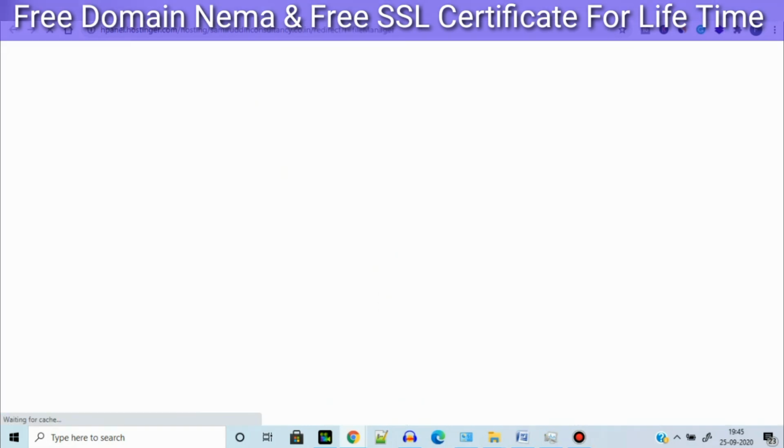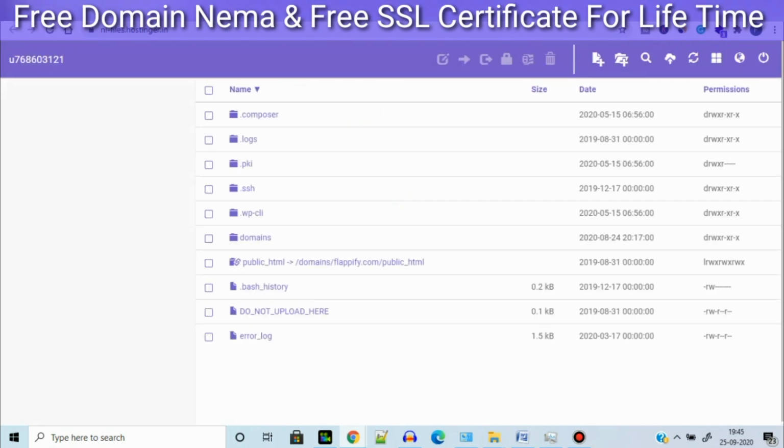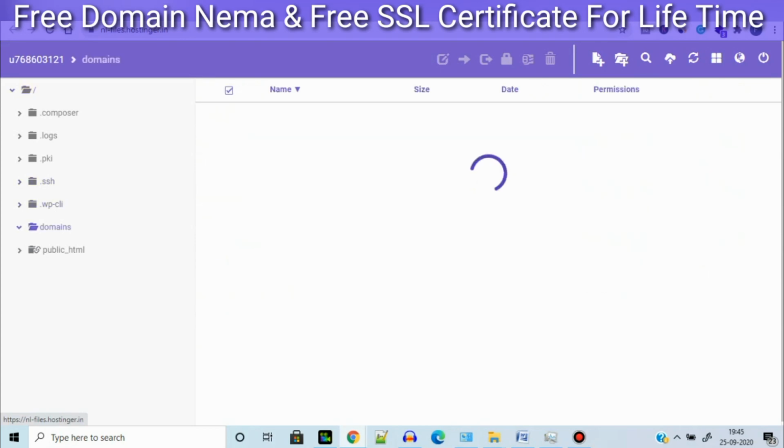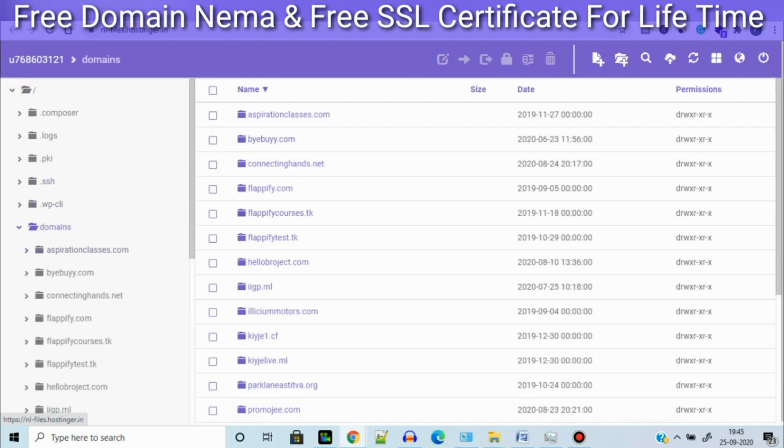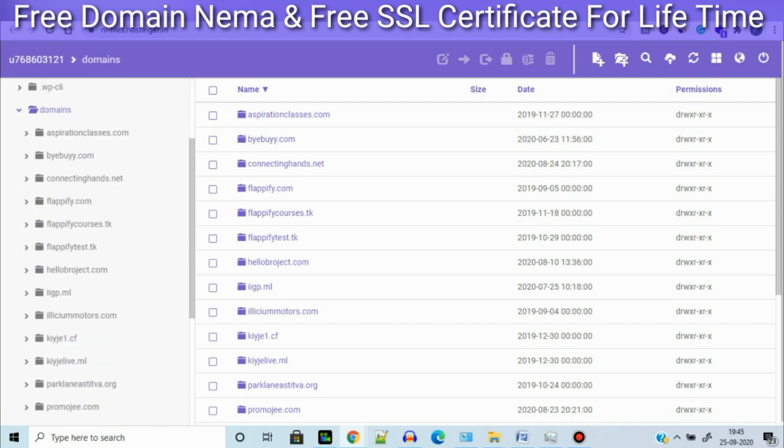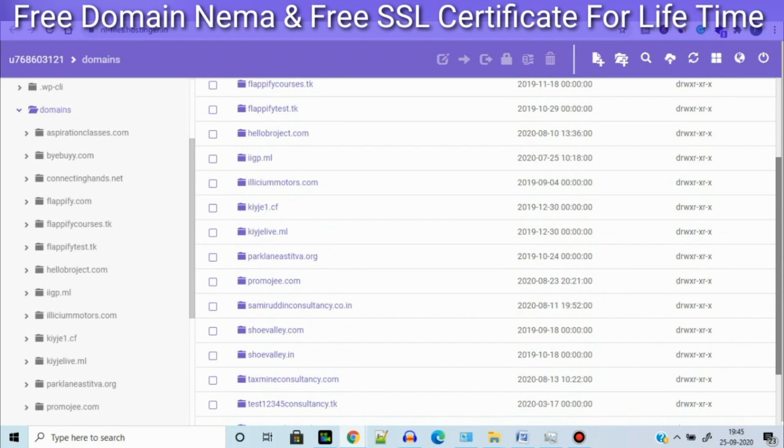So just click on File Manager. Usually you will get the files of all websites from the domain. You will get all the websites as soon as you click on the domain.